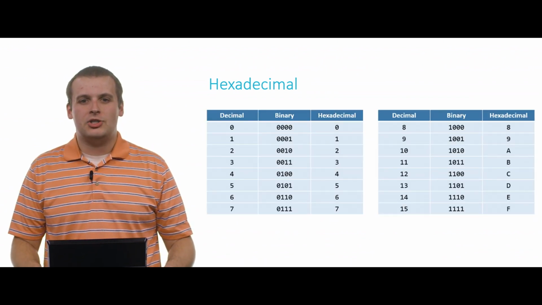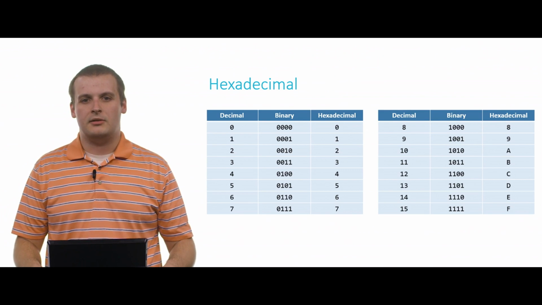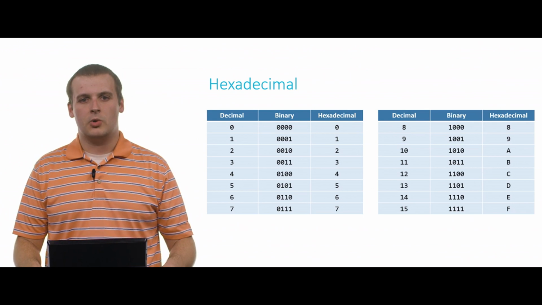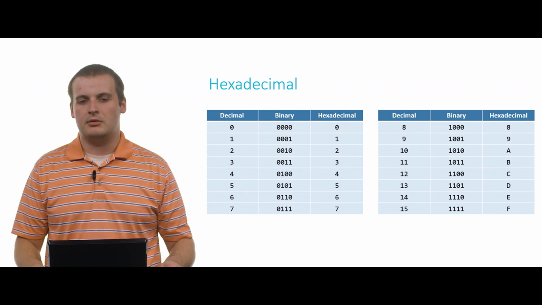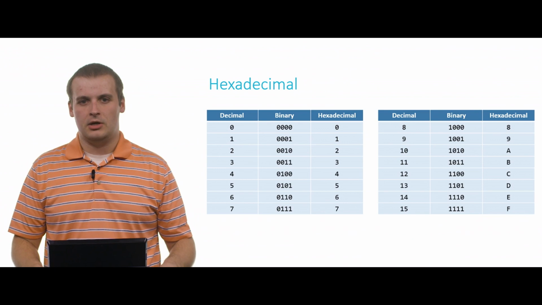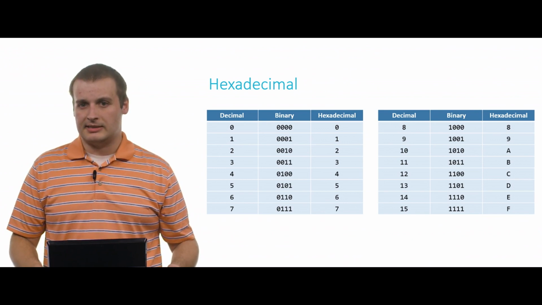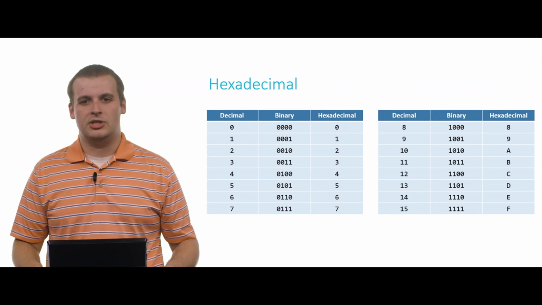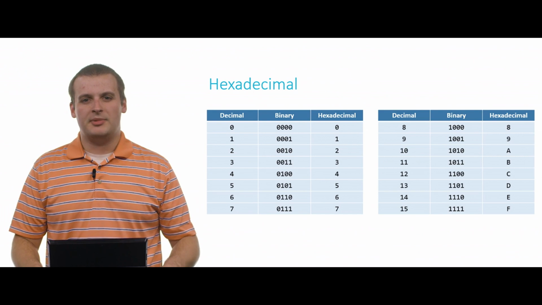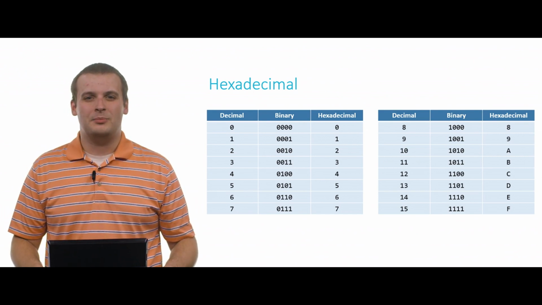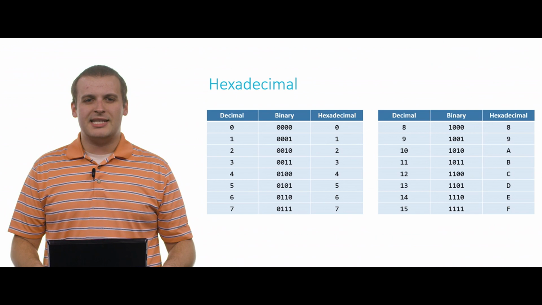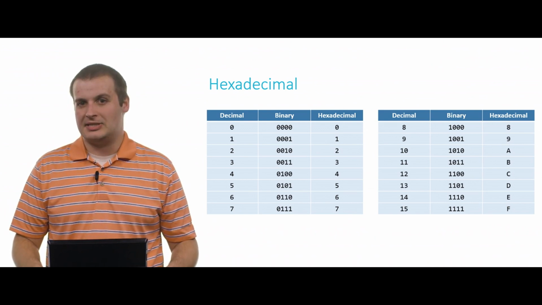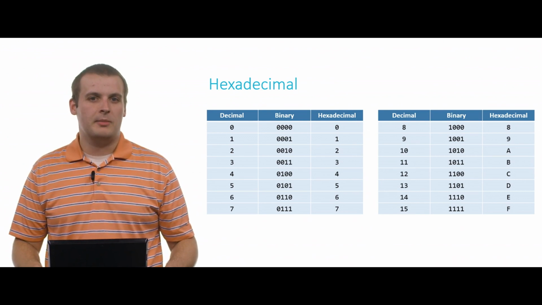So as I just said, each hexadecimal digit corresponds to a unique arrangement of 4 binary digits. So the binary string 0, 0, 0, 0 corresponds to hexadecimal digit 0. 0, 1, 1, 0 corresponds to hexadecimal digit 6. And 1, 1, 1, 1 corresponds to hexadecimal digit F. If you're looking at this chart, particularly if you're looking at the left side of the chart, you can already see there's a bit of an ambiguity problem here, right? Decimal 0 is pretty much indistinguishable from hexadecimal 0, other than the fact that it's under a column that says hexadecimal, but we probably won't always have that column there.